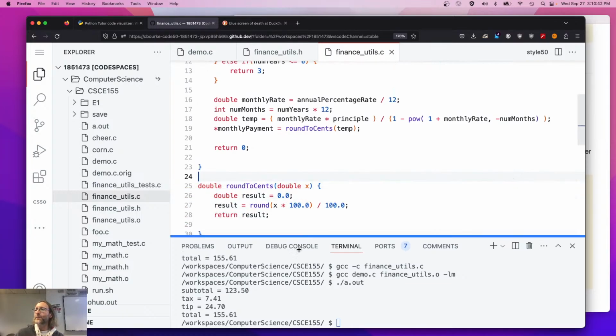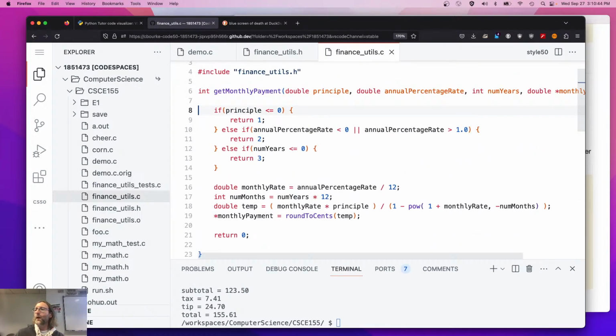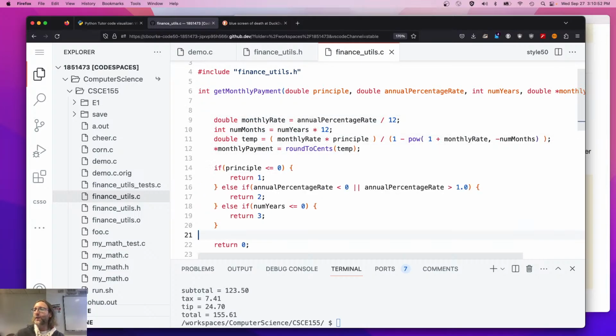Question though, let me give myself some more room here. I've been writing it correctly the entire time because I wanted to show you what it looked like to be correct first. One common mistake we see is something like this. Now what's wrong with that? You're making all these calculations based on the assumption that they're all correct, then you're checking for them after you've done all your calculations. Oh, by the way, we also need what? Else if monthly payment is null,